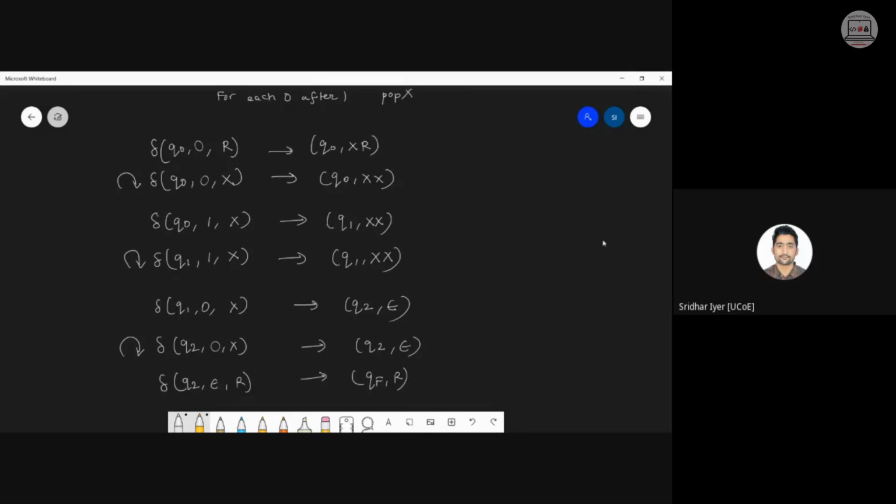But can we even stay in state q1 as there is only a binary decision? If 1 comes, we push, and if 0, we pop. See, basically, what is happening? There are two different symbols, 0 and 1. So for 0, we need a separate state, and for 1, we need a separate state so that the machine doesn't get confused. Because right now we are reading 0, then 1, and again 0. So if we remain in the same state, there might be an ambiguity about whether I have to push or pop. Because as you know, q0 is used for pushing zeros and q1 is used for pushing 1. So there has to be a separate distinction between pushing and popping operations. That's why we are adding extra states.